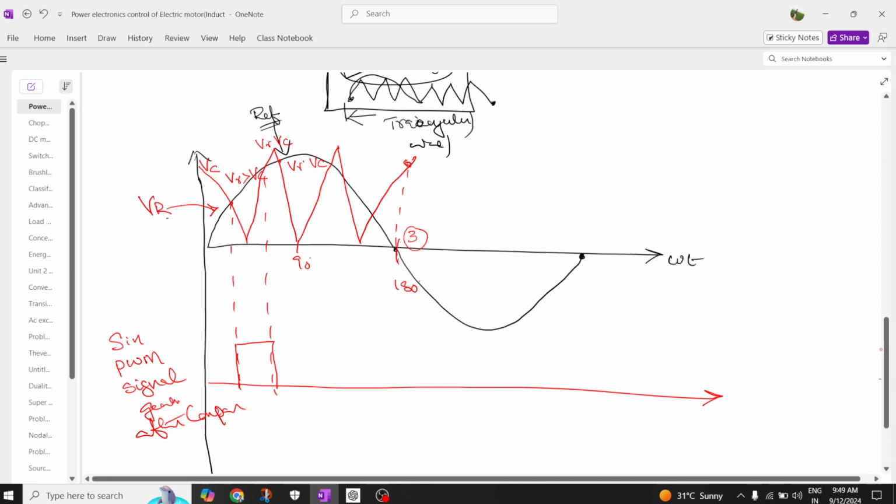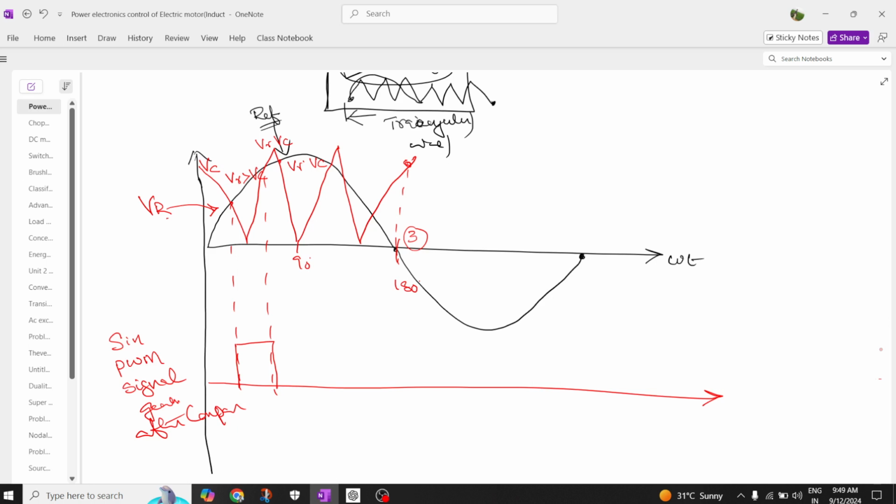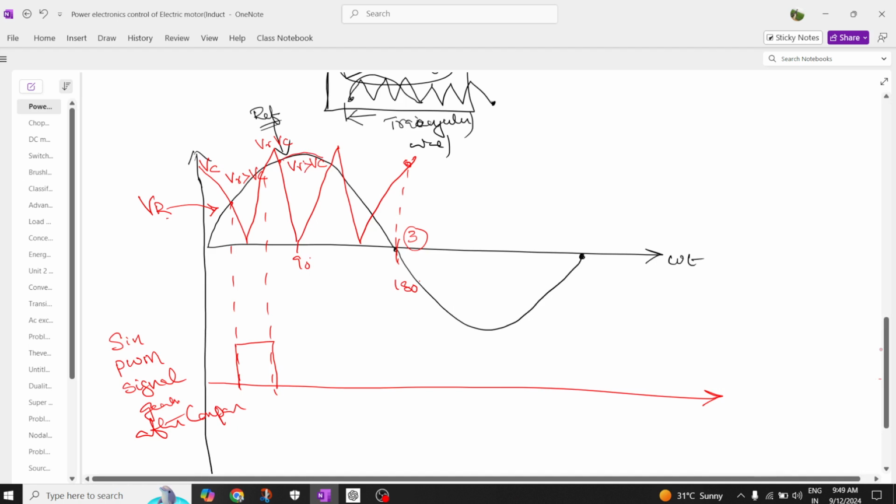So this is VC, and you can see here the reference is greater and VC is lower, so VR is greater. Okay, so in this duration again a gate pulse is generated,